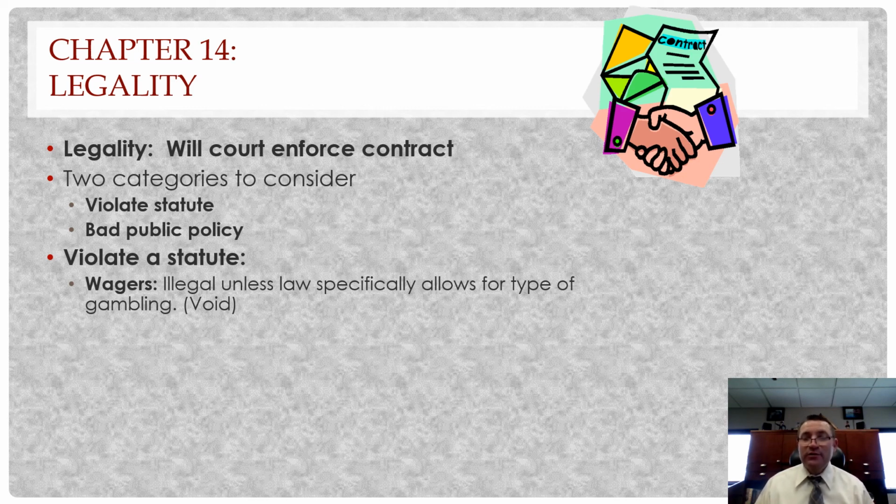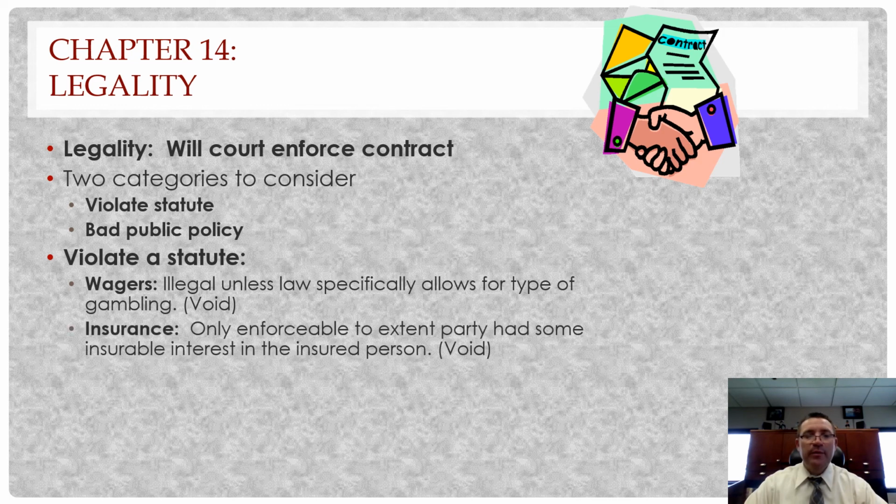Well, he couldn't go to the courts and say, I'm suing him for breach of contract. We made a deal. I offered to pay him $300, and he offered to give me some marijuana, and he breached. I gave him the $300, he didn't give me the marijuana, right? Because it's an illegal contract to begin with. So if it's illegal, it is void. The court's just not going to care, and nobody is going to be required to fulfill any of the requirements.